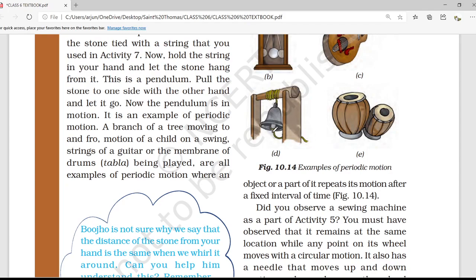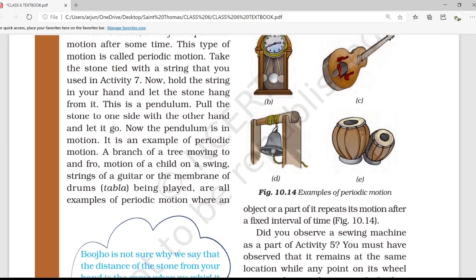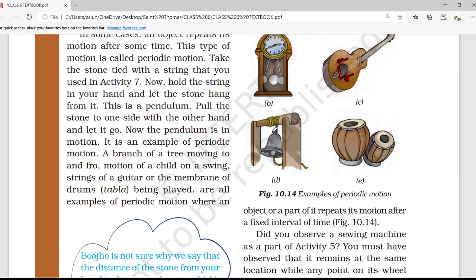Here also, in the school bell, you can see the school bell is at the center. When we give a thrust, it will go to the extreme side on the right-hand side, then it will go to the left-hand side. This type of motion we have all seen. In a guitar also, when we give a thrust, the string vibrates and then again comes to its center.